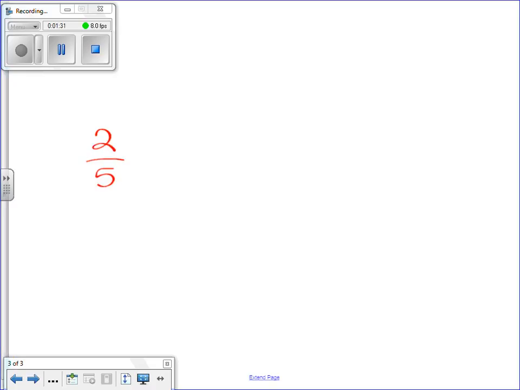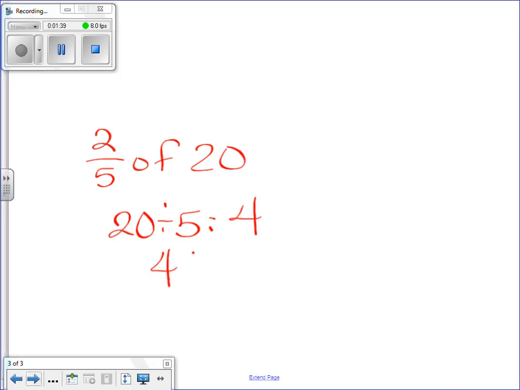Two-fifths of 20. 20 divided by 5 equals 4. 4 times 2 equals 8. Now number 4 is not the same. Number 4 is not 8. 4 is worded in a way